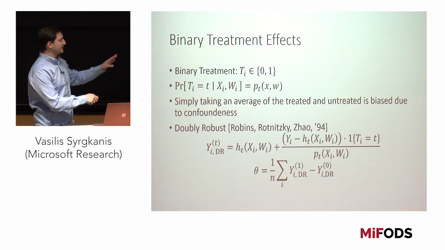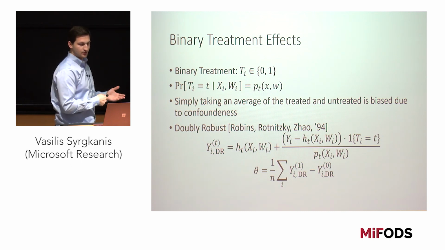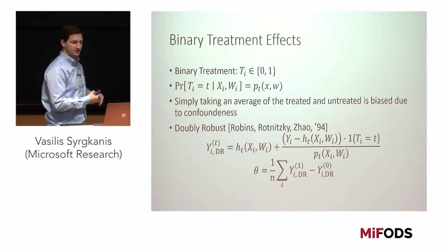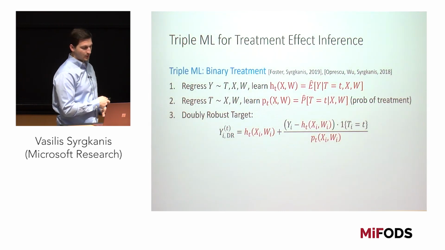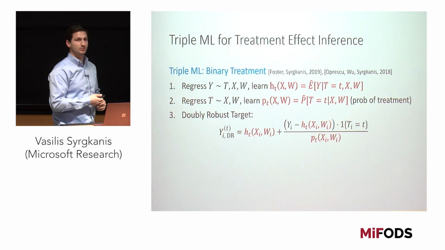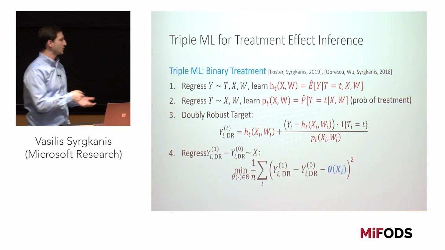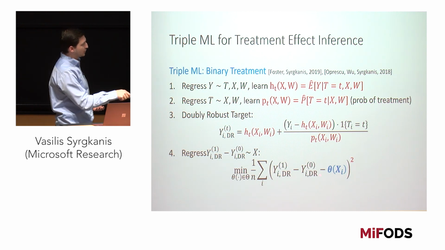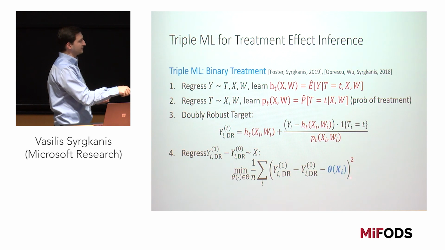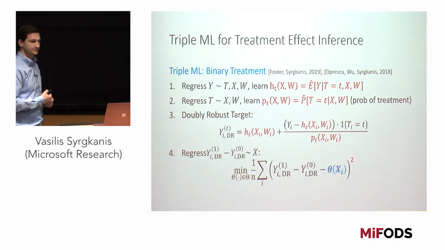The problem again is that this was primarily targeting average treatment effects, and so how do you estimate heterogeneous effects? And there is an easy adaptation of this algorithm for heterogeneous effects, where you construct all these doubly robust counterfactual outcomes, and instead of just taking the average, you minimize a square loss trying to predict the difference of these counterfactual outcomes from a function of the features x that you want heterogeneity with respect to, and you minimize the square loss over some hypothesis space.